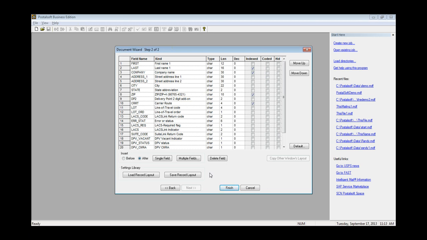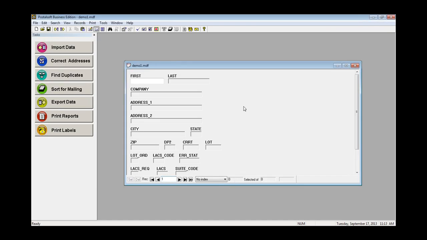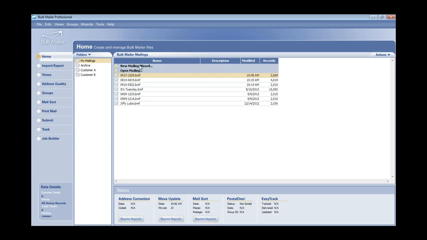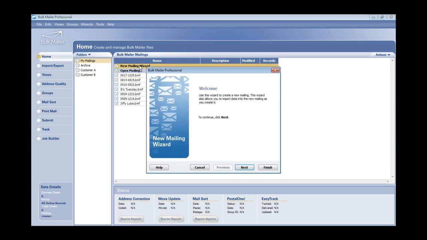You're used to defining your record lengths or your field lengths here and which fields you want to include within your Postalsoft file. Bulk mailer works slightly different, and I'll show you that here in a second. I'm going to go ahead and hit Finish, and now you'll see you're at the record view like you're used to within Postalsoft. I'm going to go back to bulk mailer, and I'm going to do the same thing within